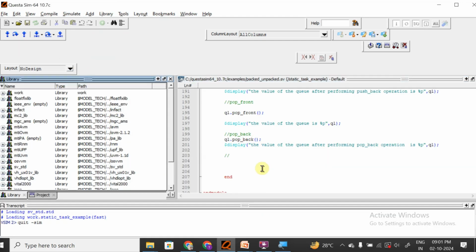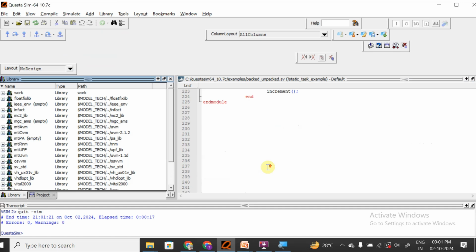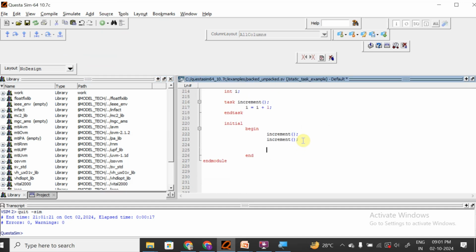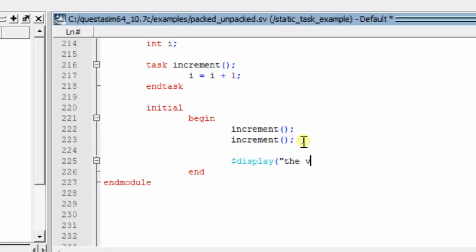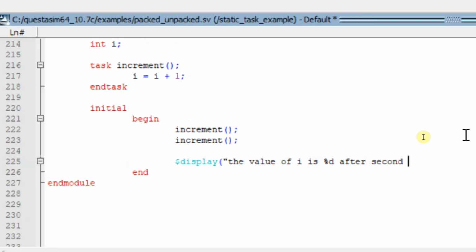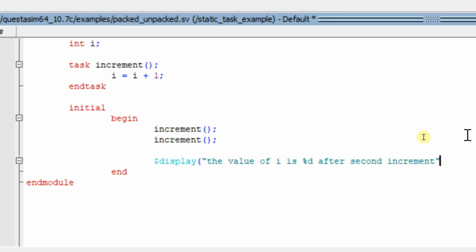Yes. $display("the value of I is %d after second increment", I);